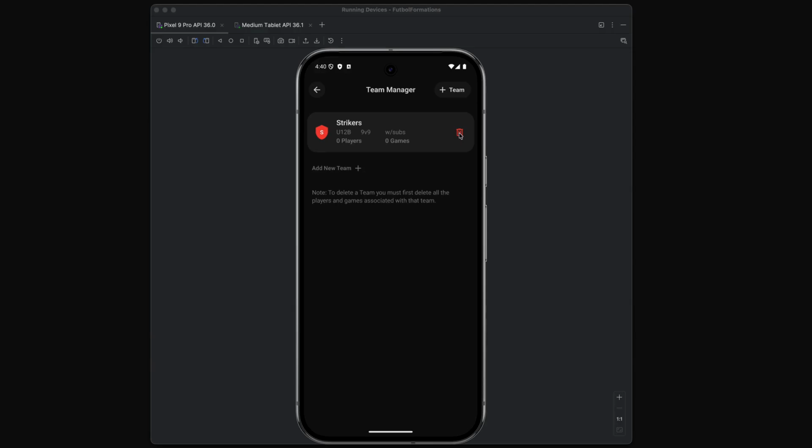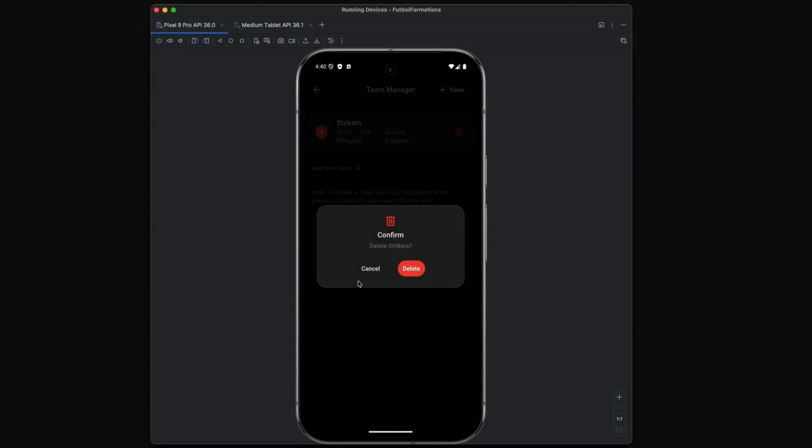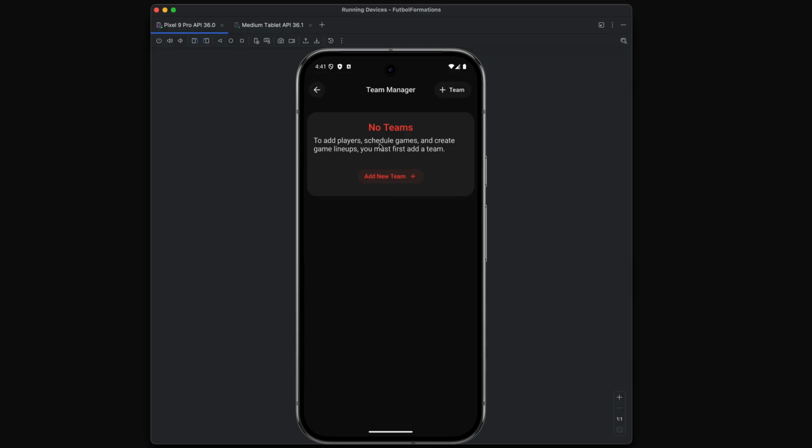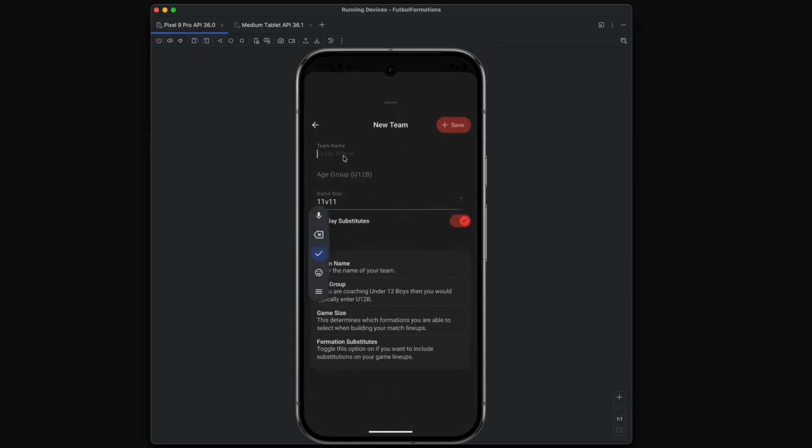Let's delete the Strikers team. We get a confirmation here. We're sure we want to do that. Can cancel, but let's confirm. Yes, let's delete. Let's add another team, one of my other favorites in the English Premier League,